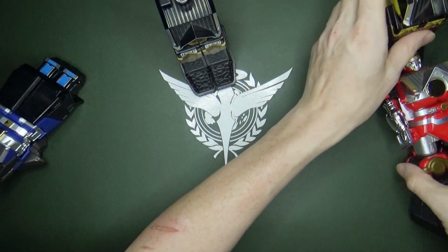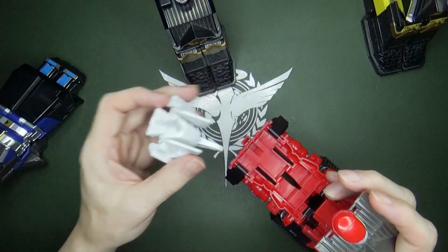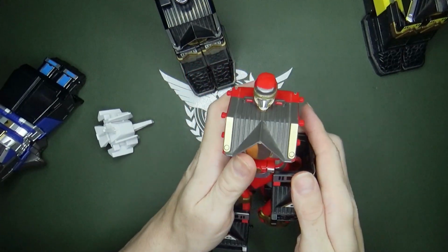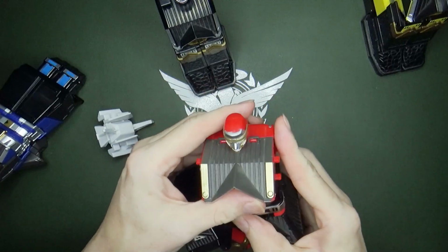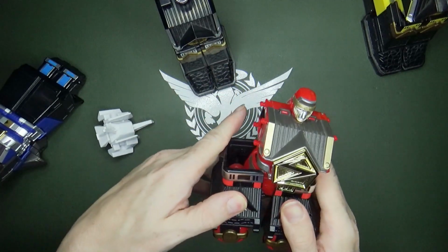Now this guy is a little different because he is the main body. The arms are the same, but you've got the helmet in here for the combined mode. Stores them nicely. And then you got space for the arms. And then these, I like how they do it. They just hinge all the way around. Oh, I almost forgot. That would have been bad. Flip that up. There. Now you got the nice chromed